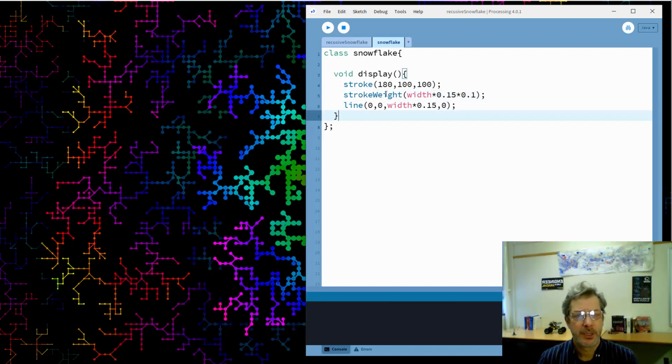Okay, so here's the display function. I'm just drawing a line, so I'm setting the color on our color wheel. 180 degrees is a light blue, which I think is a nice snow color. I'm setting the weight of that line as being fairly heavy, and I'm tying it to the width of the screen. So I'm taking 15% of the width of the screen and then 10% of that,